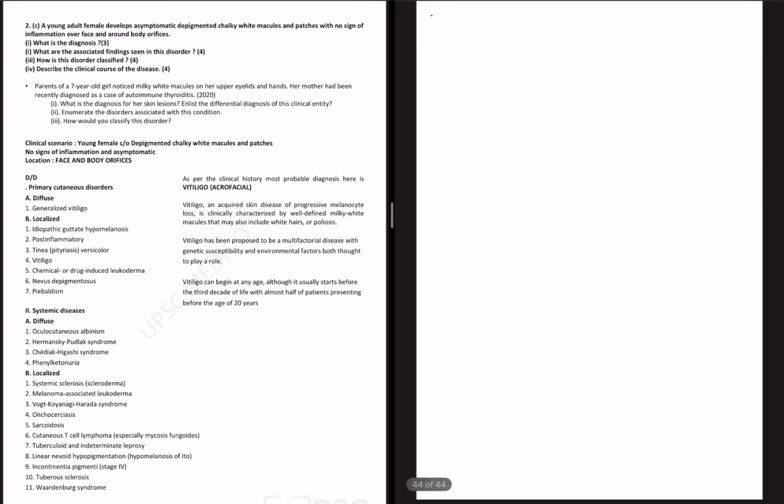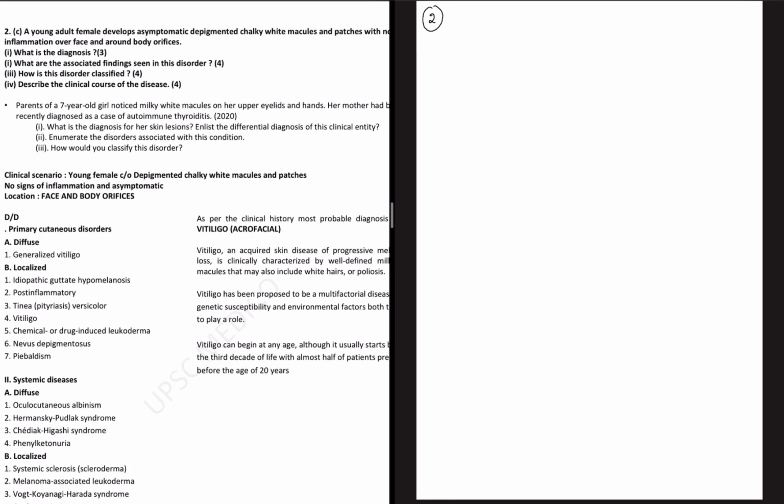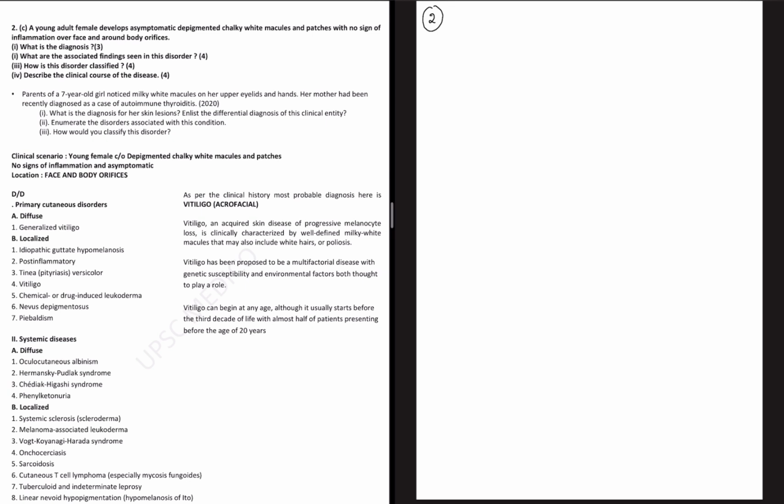Now question number 2 for 15 marks. There are subparts to it. First, let's try to look at the clinical scenario which is given here. Young female who is in her adolescence. Okay, young female who is an adult, presenting with